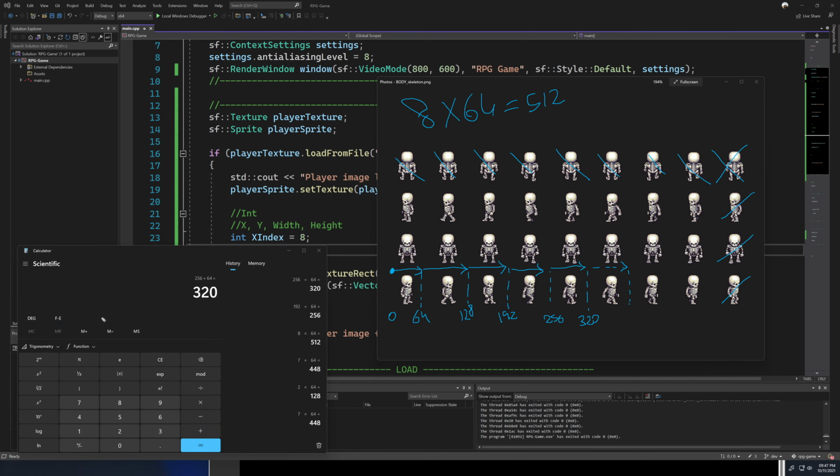What do we get over here? 384. So add another 64. What do we get? 448. Let's add another 64, right? And we want to stop because we want to position our rectangle here.